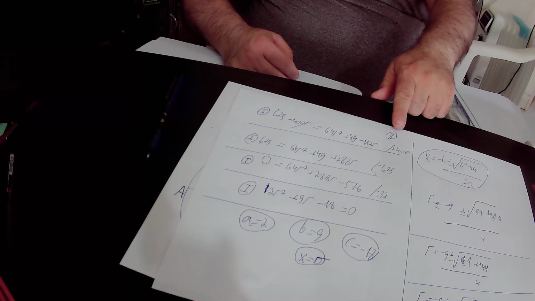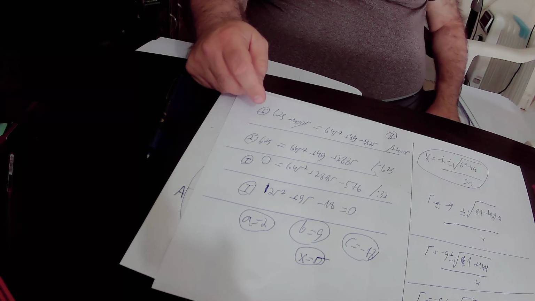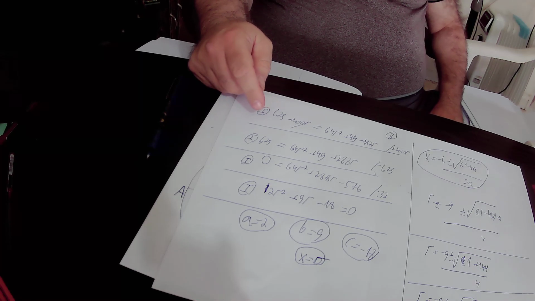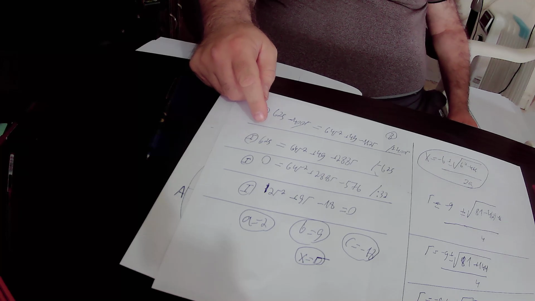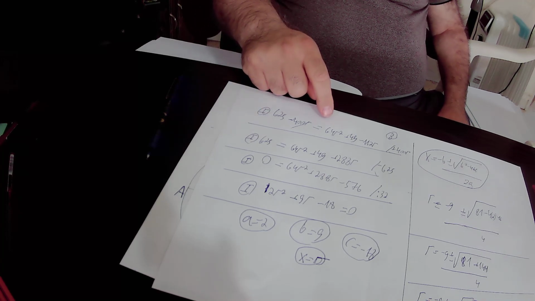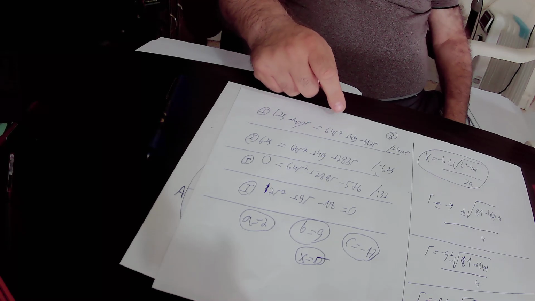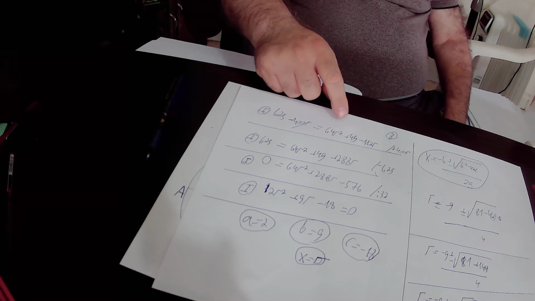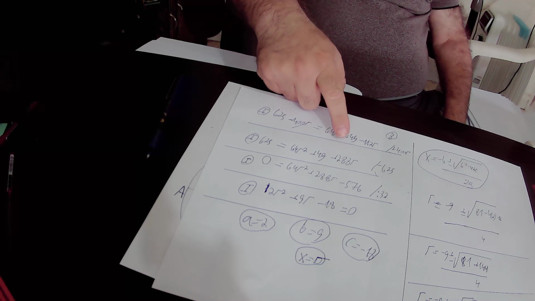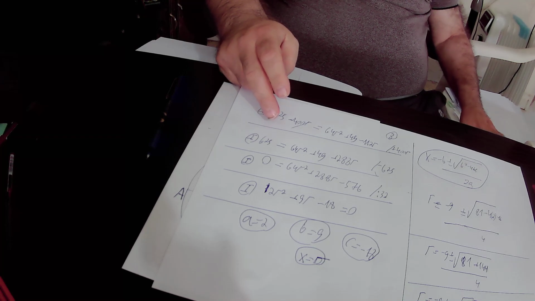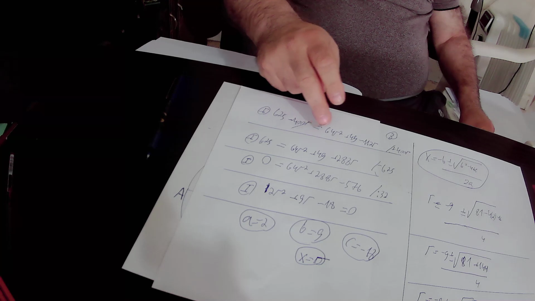We added 400r to this equation number 1, and found out that here we have 625. 400r minus 400r is 0. So on this side of equation number 1, we are left with only 625. On the other side of the equation, we have 64r squared plus 49. And here we have 400r minus 112r, which is plus 288r. So in conclusion, according to equation number 1, 625 equals 64r squared plus 49 plus